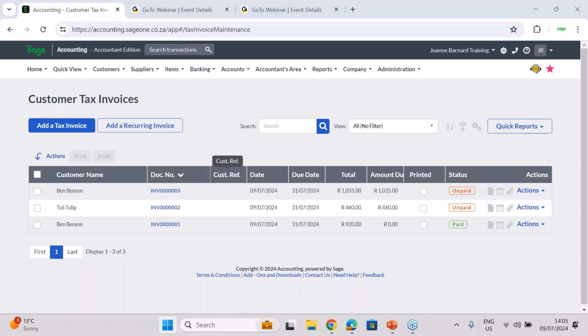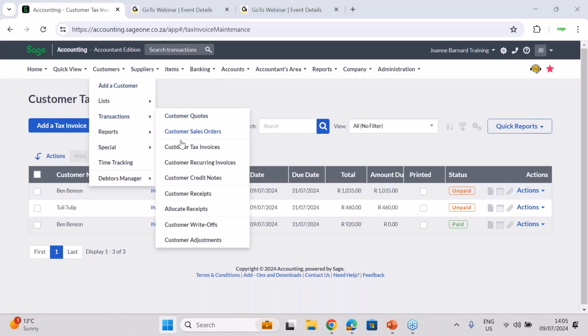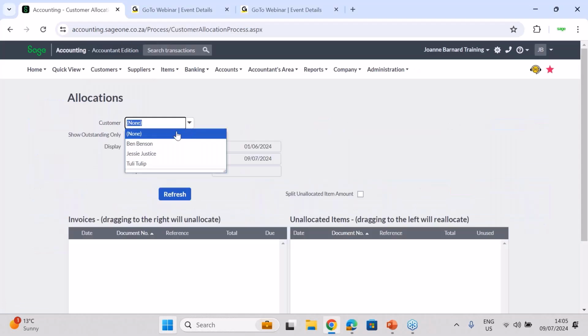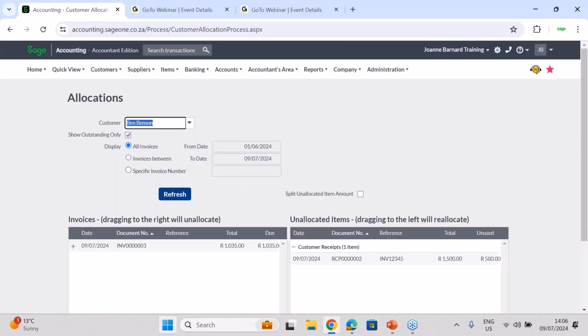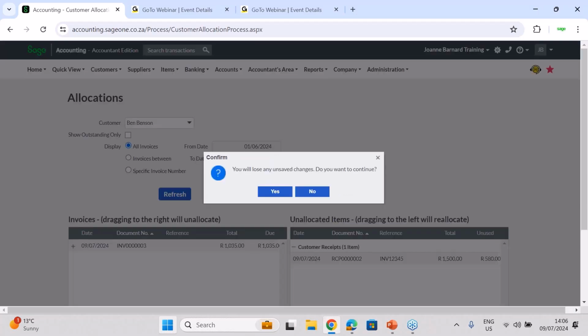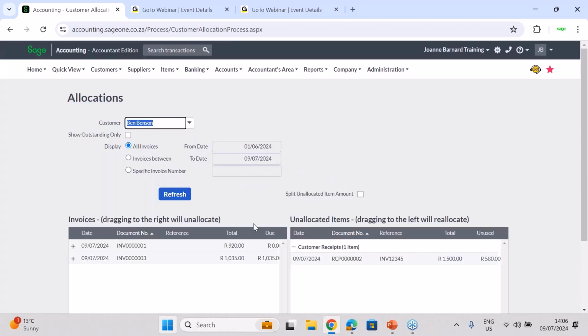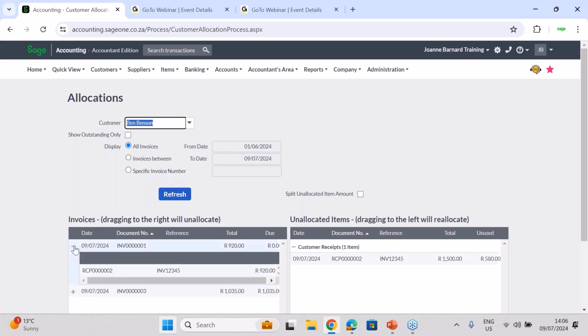So we're going to go to transactions and we're going to go to allocate receipts. From here, you need to select your customer or the supplier, and I can go show outstanding only, which means only the invoices that have an outstanding value are going to come up, not all of my invoices. If I had to deselect that option and say refresh, you'll see that even the fully allocated invoice is coming